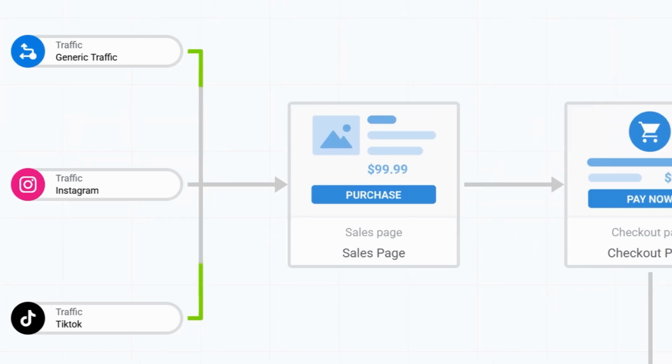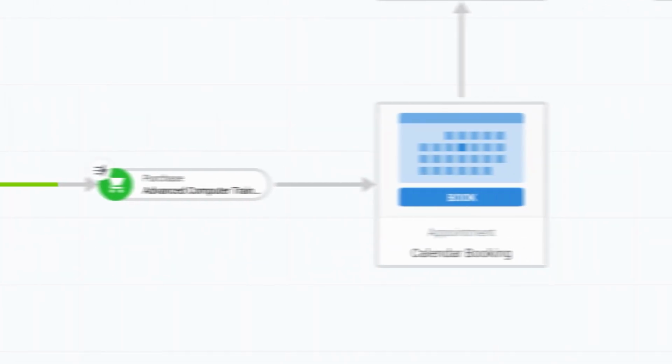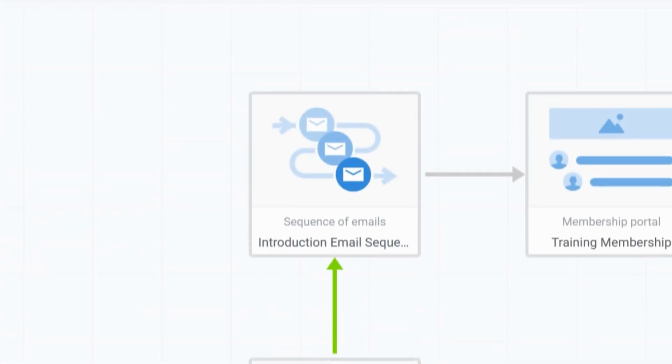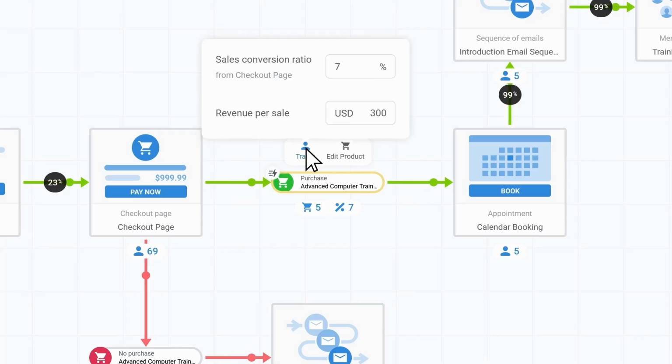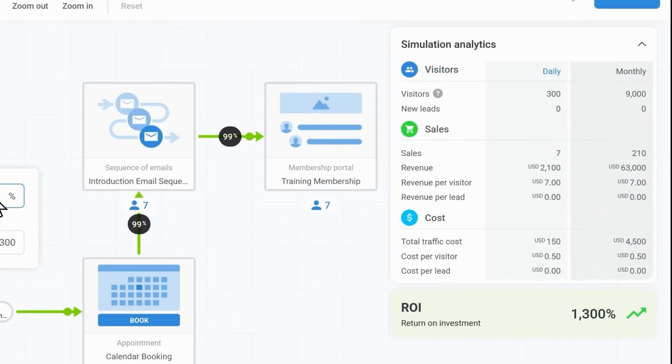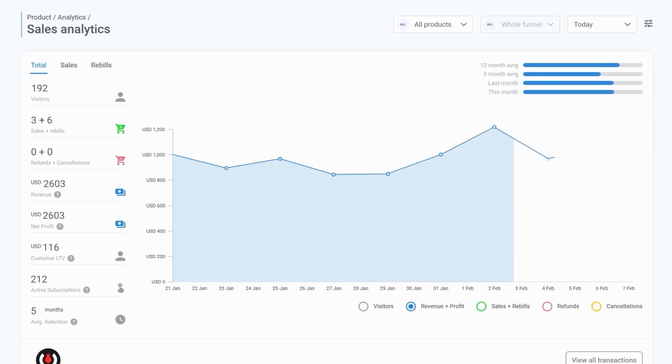We're going to move fast, covering the funnel mapper for planning, the page builder for design, and the sequence builder for that secret sauce automation. We'll even touch on the new Kartra AI tools that can write you sales copy for you in seconds. By the end of this tutorial, you'll know what you need to have a live funnel ready to turn strangers